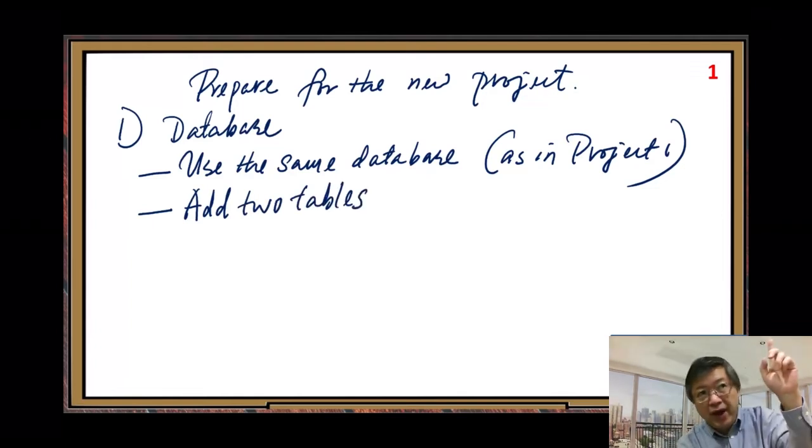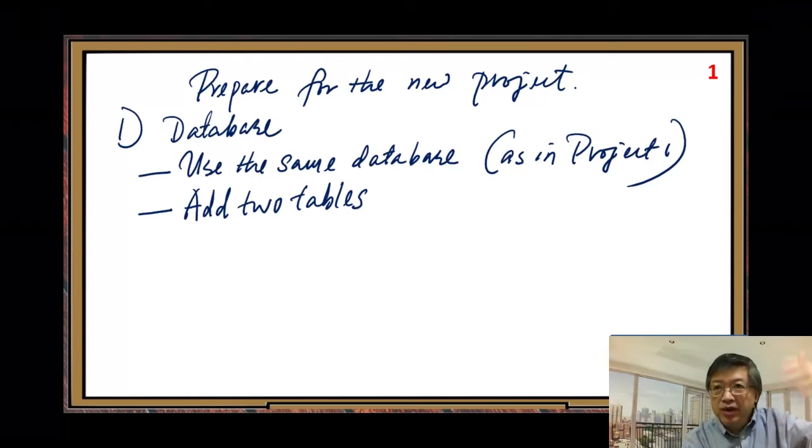We have 1 table there, but I believe, based on my previous experience, some students may just add 1 table and modify our older table. So that's also okay. You do not need to change; you can still use that way. But later I will compare these 2 ways, the main differences, advantages and disadvantages. All right. So adding these 2 tables,